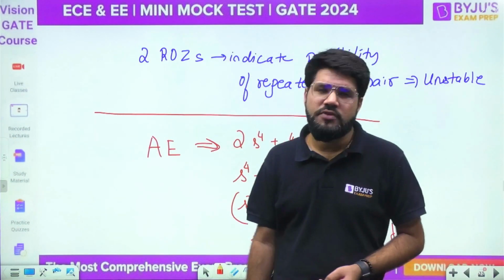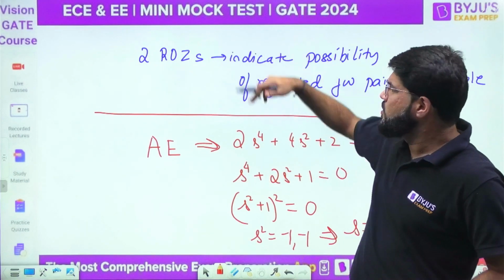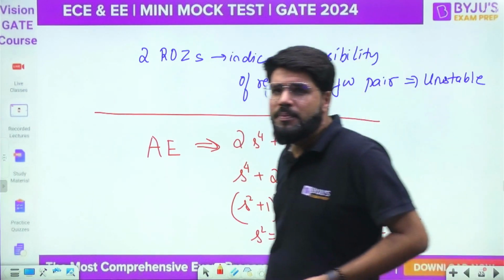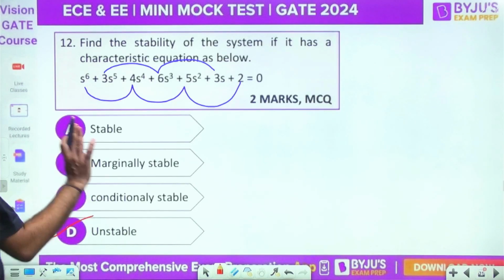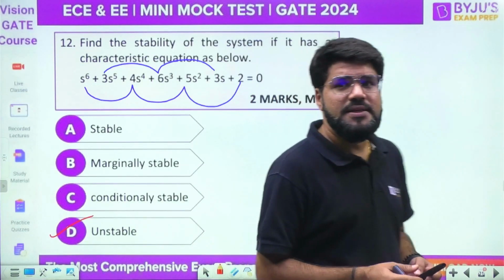It is better to analyze first if you want, but you need not know. You should know these straightforward conclusions. Study RH properly. Okay. So it is done. The answer is unstable. Clear. The answer is unstable.